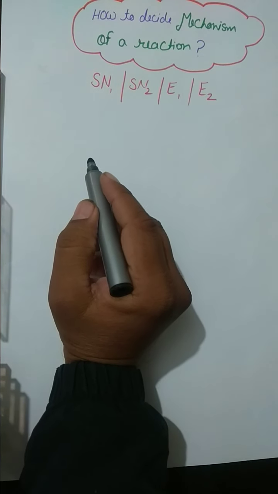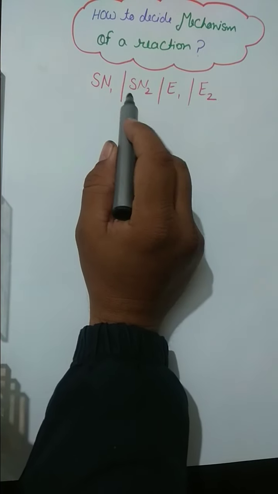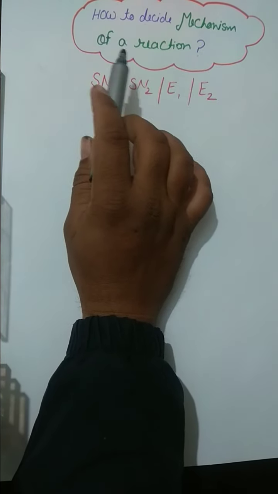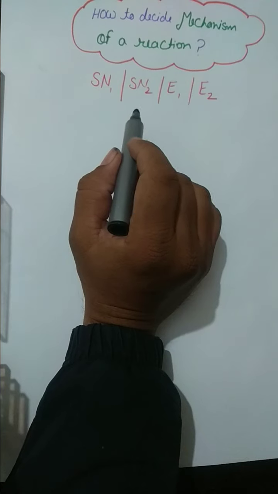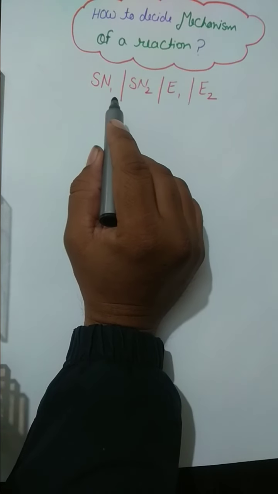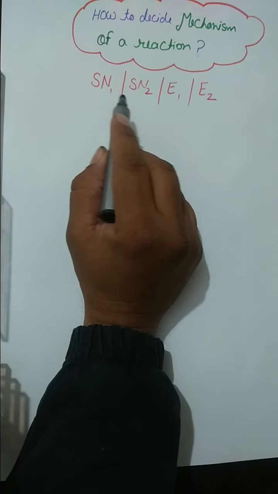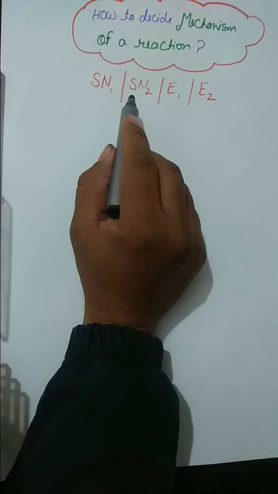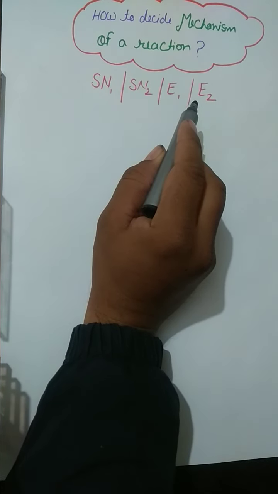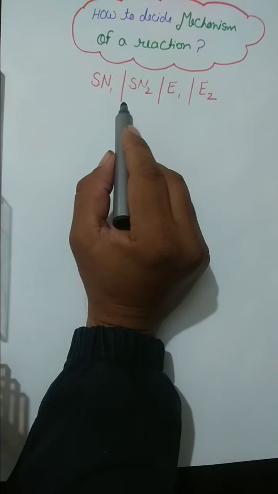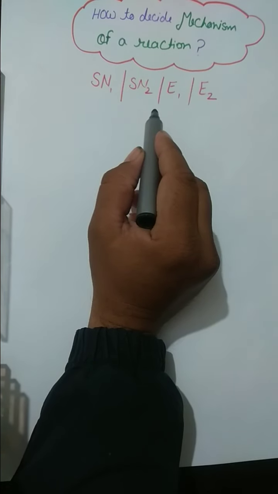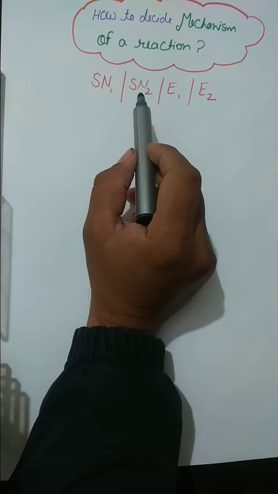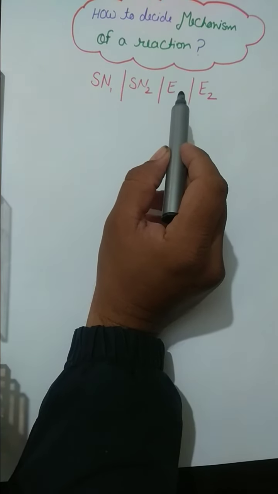Hello students, our today's topic is very important. It's regarding how we can decide the mechanism of a reaction. We will compare four types of mechanism: SN1, SN2, E1 and E2. Means how you can decide whether your product formation will be through SN1 or SN2 or E1 or E2, because